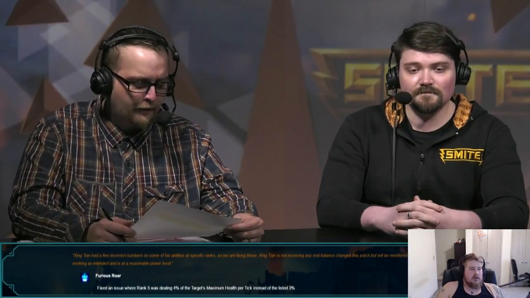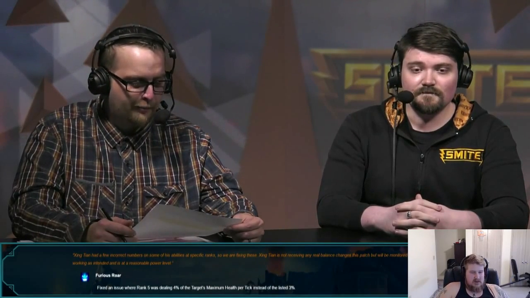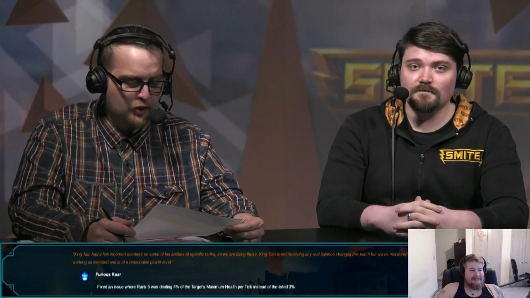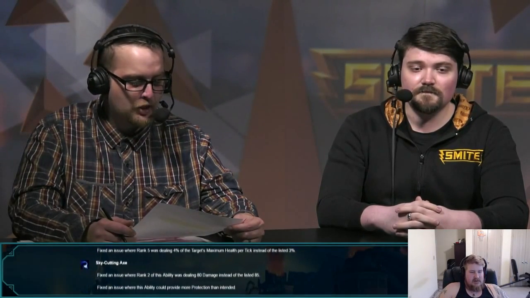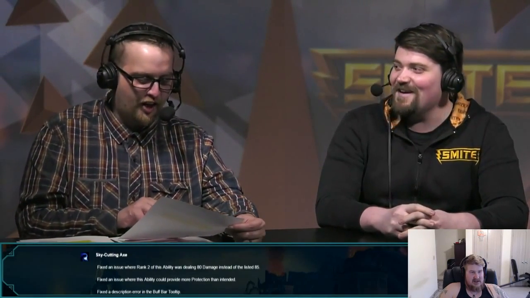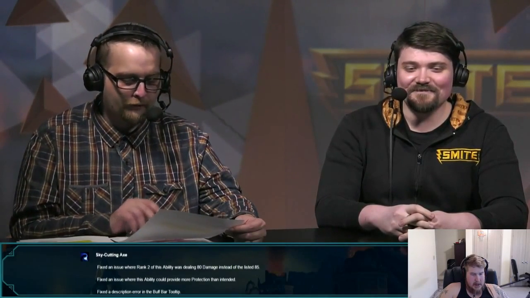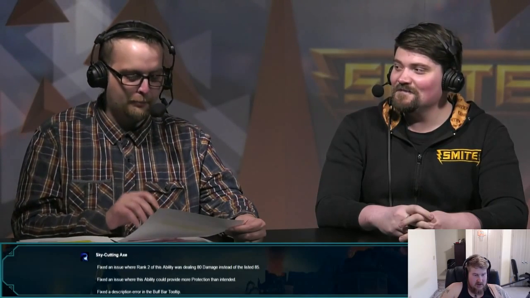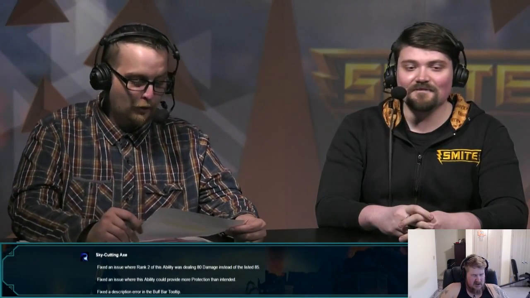Okay, so for you guys at home, Jing 10, Furious Roar, first of all, fixed an issue where rank 5 was dealing 4% of the target's maximum health per tick instead of the listed 3%. On top of that, Sky Cutting Axe fixed an issue where rank 2 of this ability was dealing 80 damage instead of the listed 85 damage. That's a buff. That's a 5 damage buff there, it's not a nerf. Fixed an issue where this ability could provide more protection than intended. Fixed a description error in the buff bar tooltip,